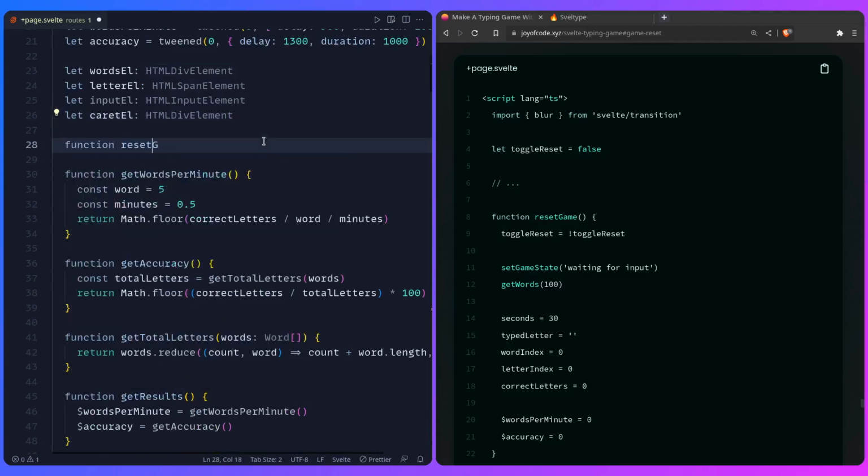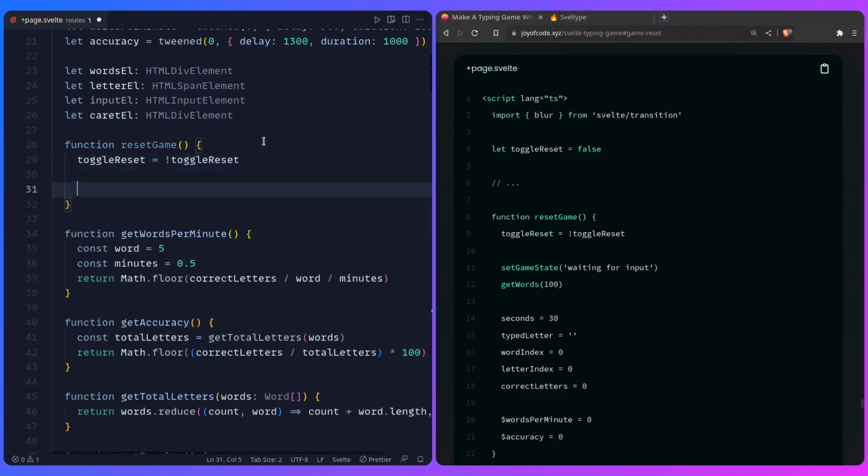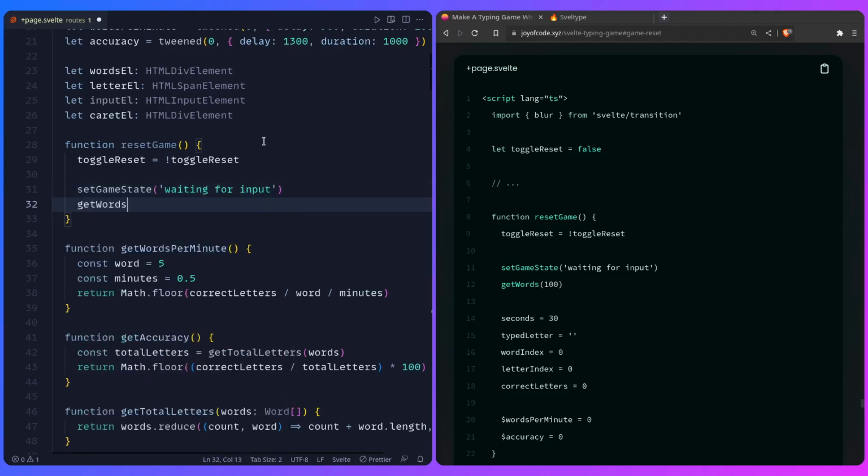So you can say reset game, and now we can say toggle reset. We're just going to flip it like a light switch. So yeah, and then you can say set game state, waiting for input. And remember, in our timer, we're also listening for this, so we're going to clear the timer if a reset happens. And then we again want to populate the words, so we can say 100